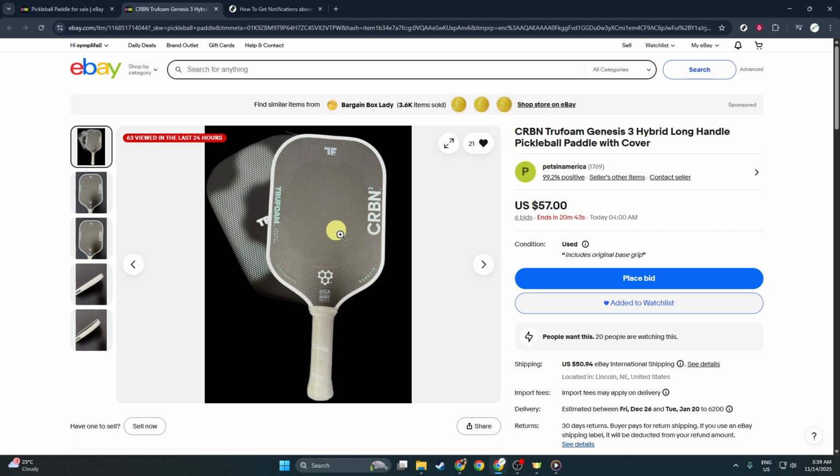And that's it. By following these steps, you can effortlessly stay informed about the items you're interested in on eBay. It's a simple yet powerful way to shop smarter and ensure you never miss out on a great deal or